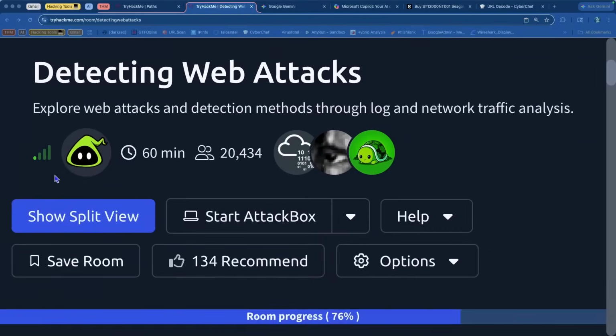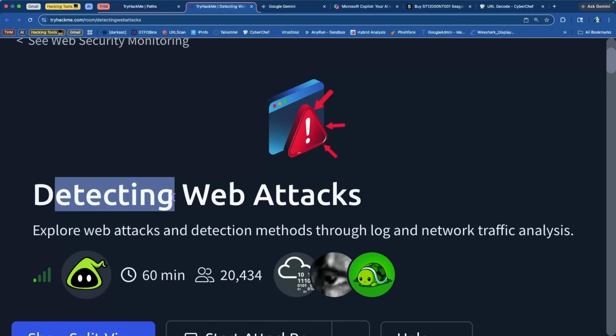And if their request shows up in one of the signatures that's in our database for the web application firewall, if that request signature is known to be malicious, then it gets blocked. So it's the first line of defense, as they say, when it comes down to web application security and everything along those lines. So if you're just following along with us, we're using the detecting web attacks